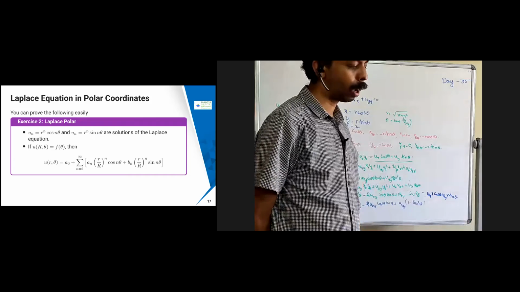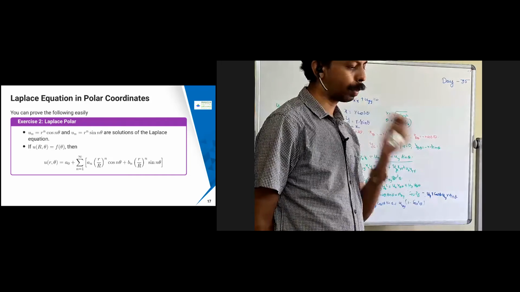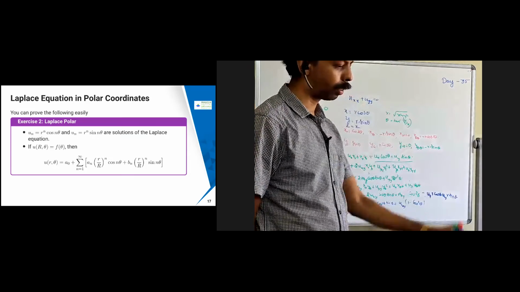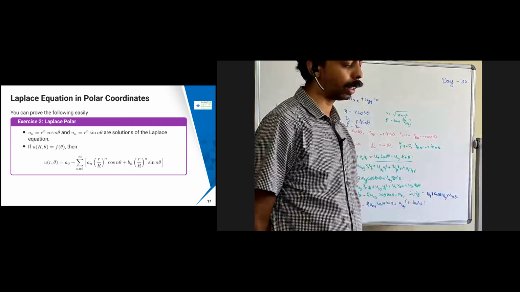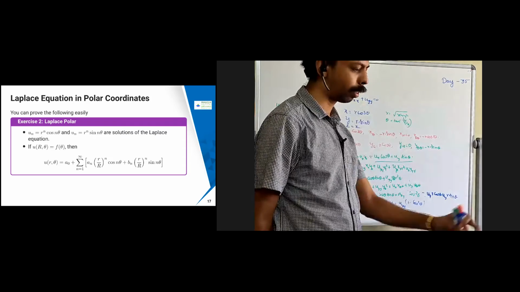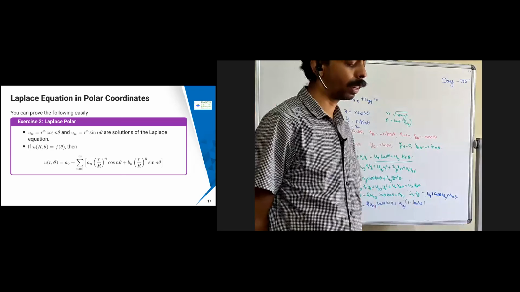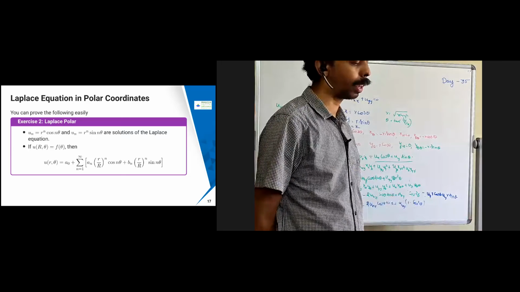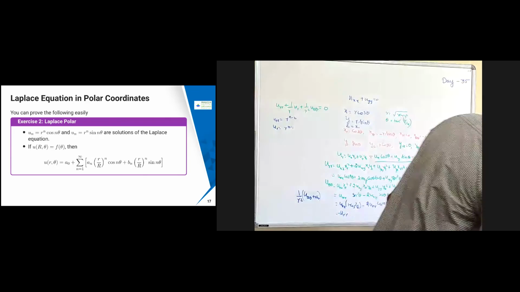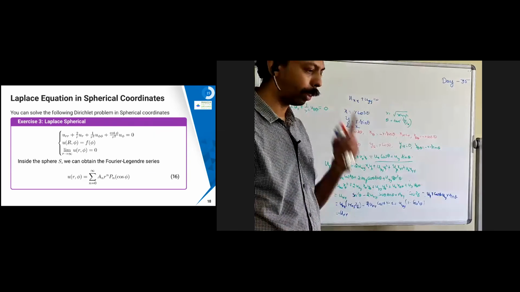You can apply u of r comma theta. That is, we are going to get a naught plus summation n equal to 1 to infinity of a into r power n. This is similar to what we had in the wave equation, heat equation, etc. Similar logic is going to come, so a cos n theta plus b sin n theta will come. Here it becomes r power n into cos n theta. We'll see that Fourier series in the next class. At that time, we'll see how to solve the wave equation, etc.